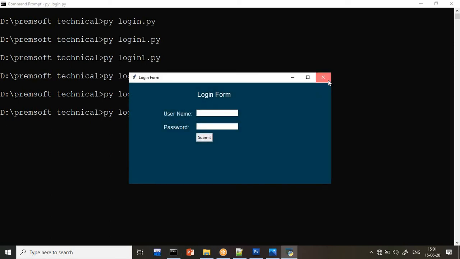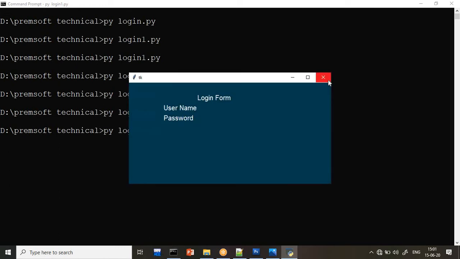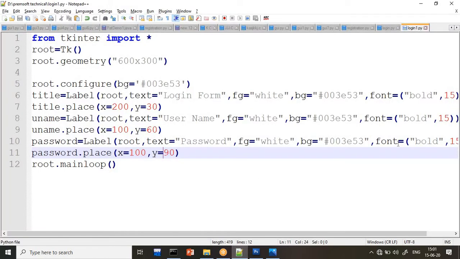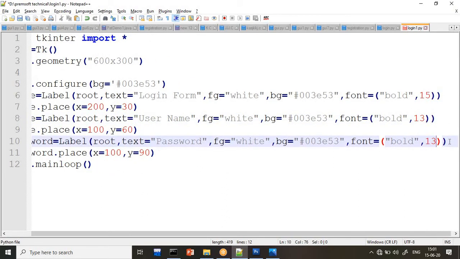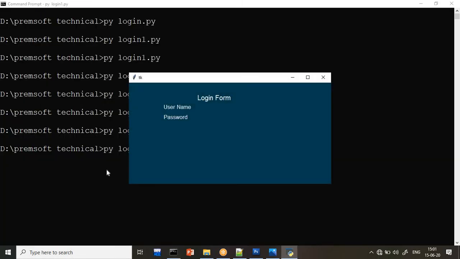Now just cross check whether my labels are created properly or not. Okay, this is login 1. We have to check. This is the old one actually, login 1. So my username and password both have come here. But the thing, guys, is I don't want to keep it bold, because this bold is not looking good. If you want to keep it, you can keep it, or we can do one thing, we will just decrease the size so that it is different from the title font. So save, just the size I reduce, rest of the things are same. Yes, now it's looking better.